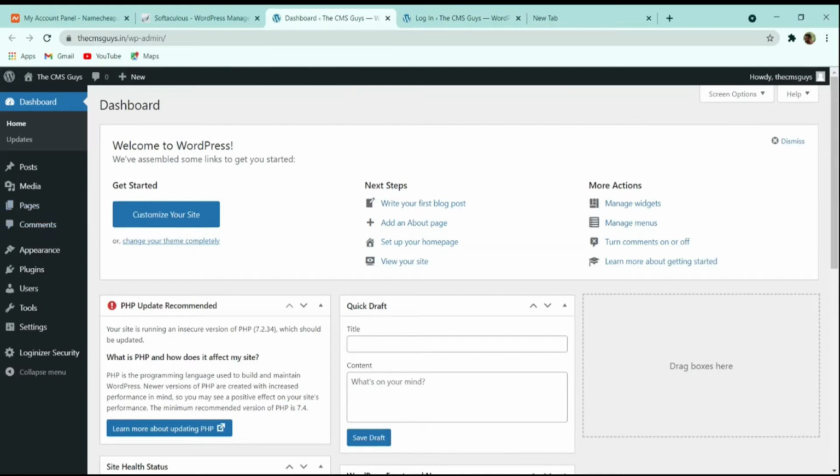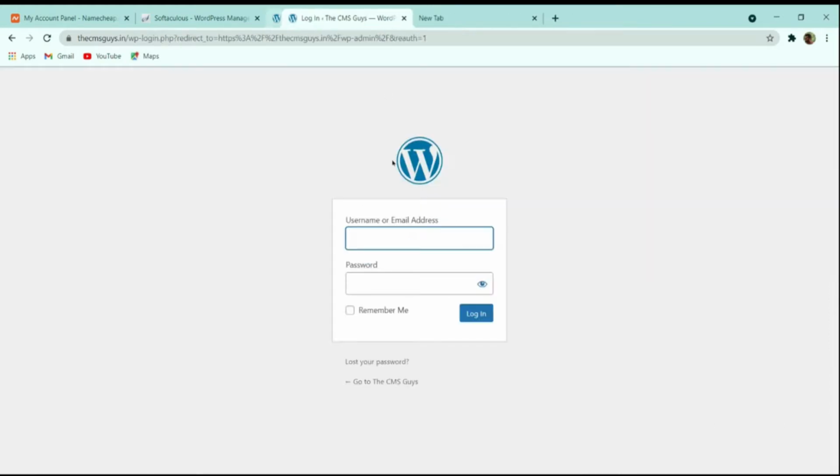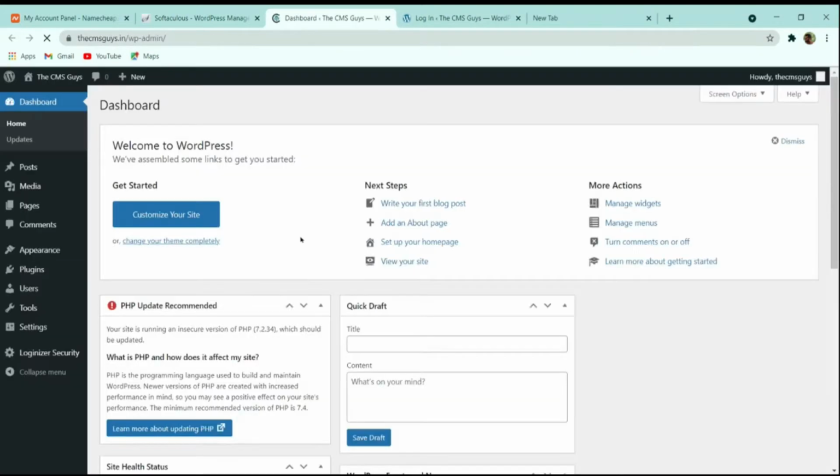After that we have to enter the username and password. Once you enter them, you will see this dashboard. Let me show you again.